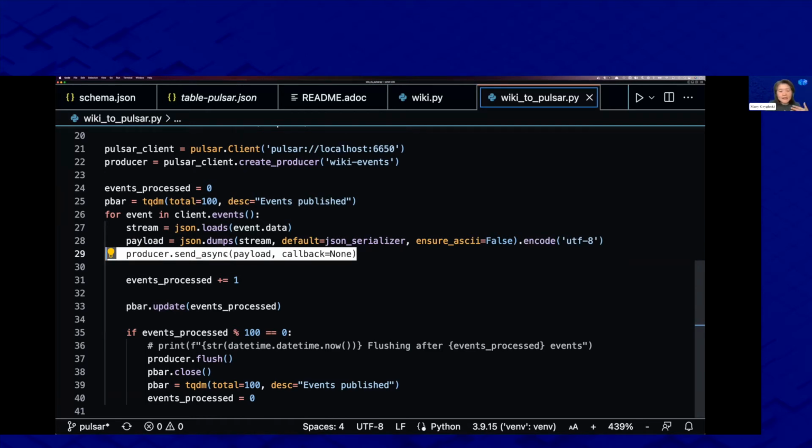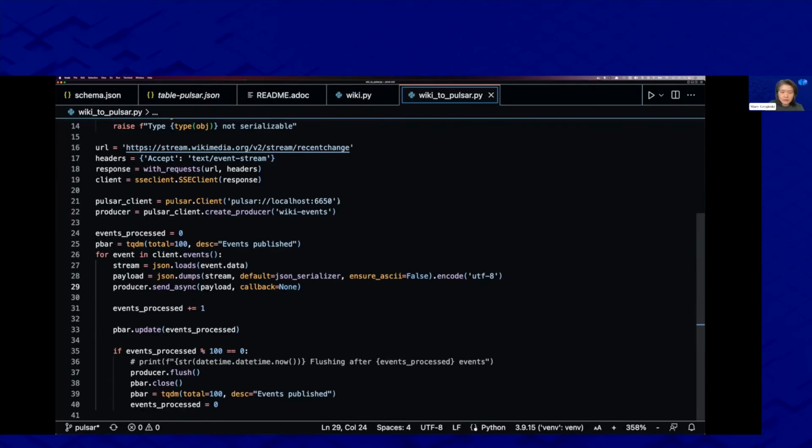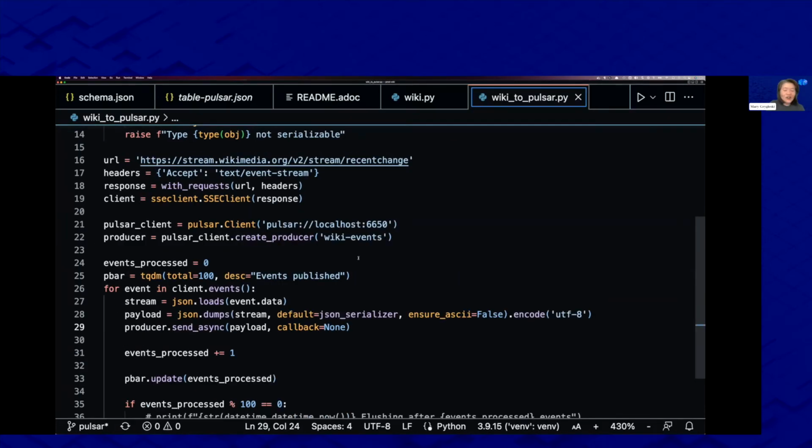If you do send, in that case, it will be a synchronous send. But of course, asynchronous send would normally be more efficient because you don't sit and wait for the results to come back. Essentially, to do a producer send is as simple as getting your handle and then being able to do a send, send synchronous, or send async.